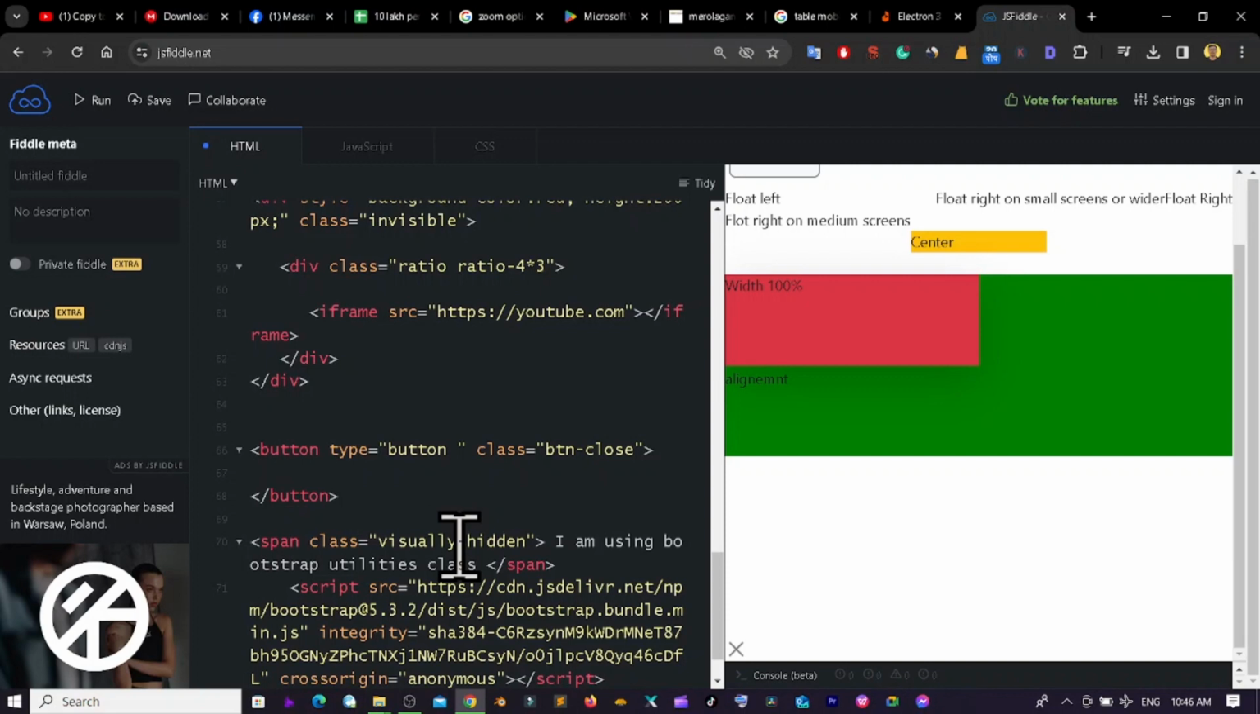Okay, and you can change the color. We already discussed the Bootstrap color, and we already discussed the background color. Those are the very important Bootstrap utilities classes that will help you to save your time. You can use the margin, you can use the padding, you can control the width and height, and different types of things you can control with